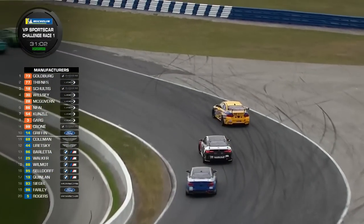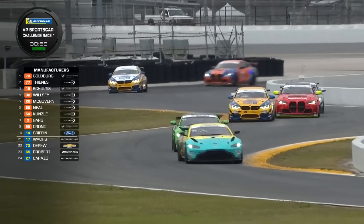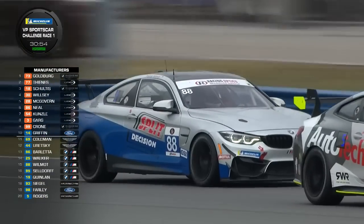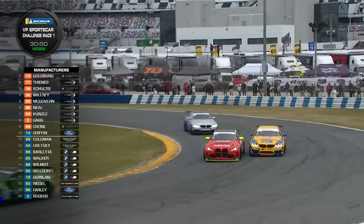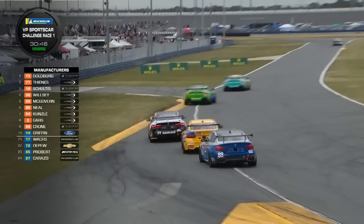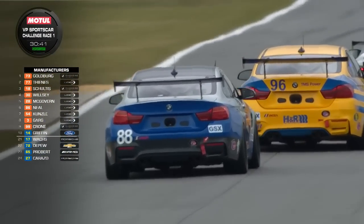Yeah, it really is. I mean, there's cool stories all the way up and down this field. That number 88 car, it's running under the Split Decision Motorsports team. They're a small team based out of Tennessee, and they're here on a mission this weekend. They've been basically club racing for years and years, and they had big plans about 9 years ago, I think it was, and one of